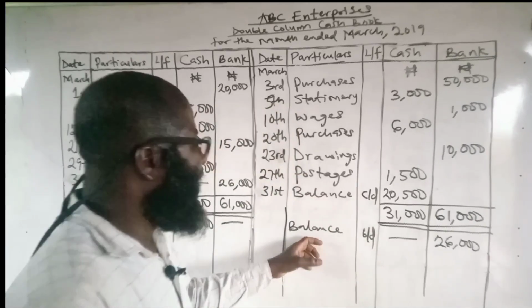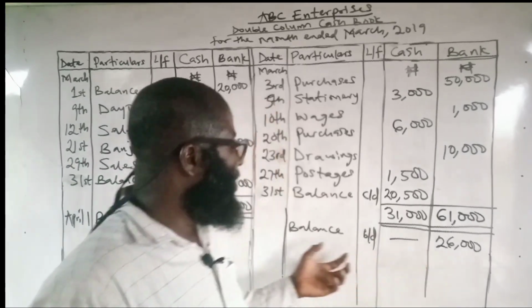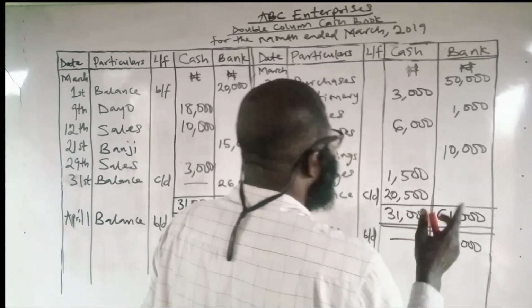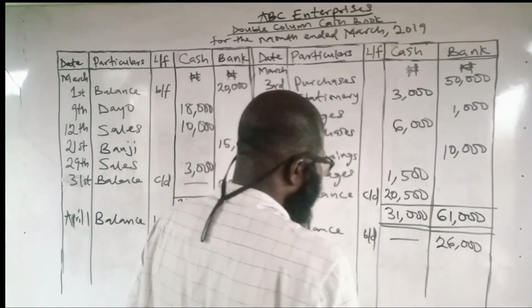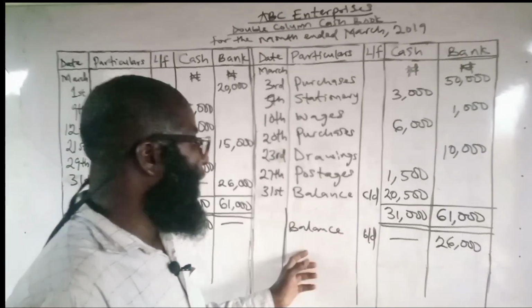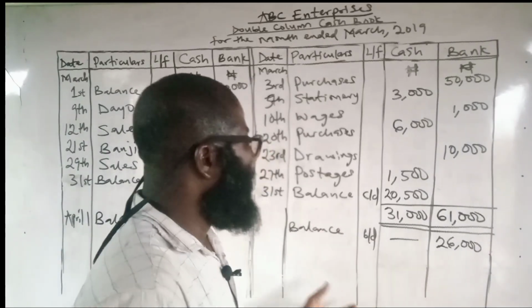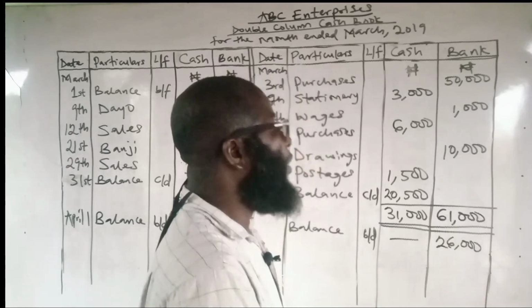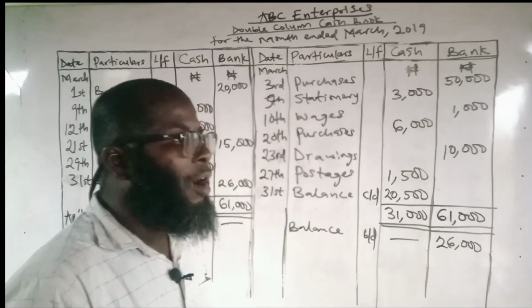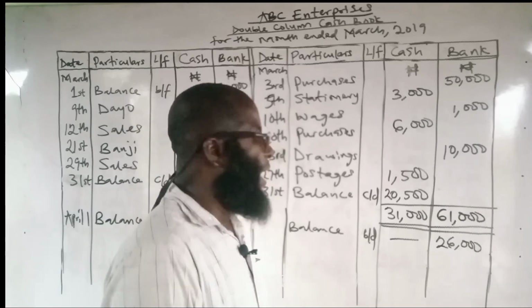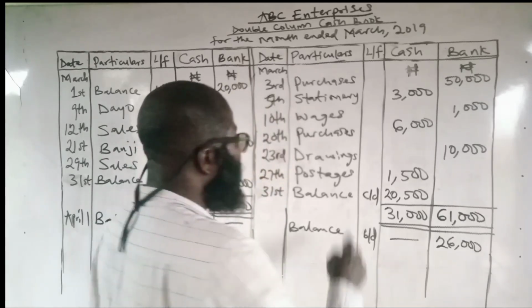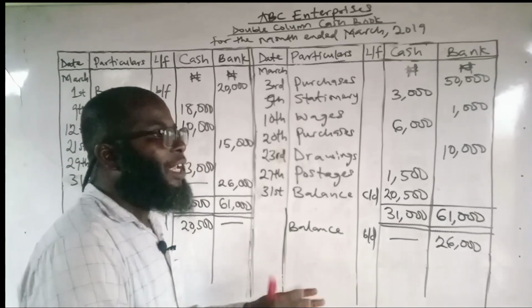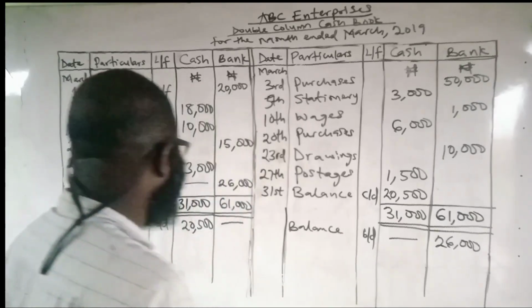So this is the credit balance. That is the closing credit balance, which is unfavorable balance. I mean the bank overdraft. This is how to prepare double column cash book by arriving at bank overdraft, or you call it unfavorable balance or credit closing balance. Therefore, if ABC Enterprises wants to begin or wants to prepare for his April accounts, he is